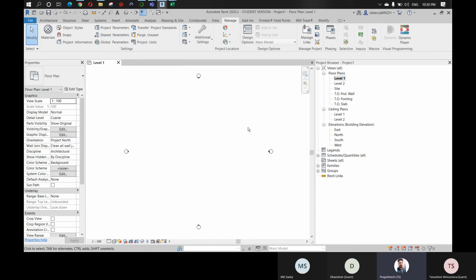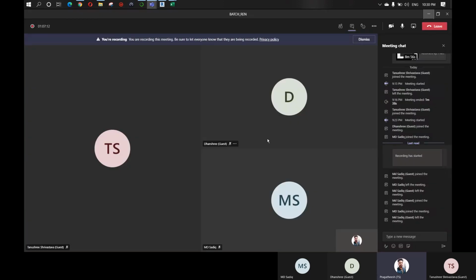Like this, there are many things. For example, if you want to rotate some particular item. Imagine you want to rotate some item by 45 degrees from its center point. You cannot do this by going and rotating the elements manually, clicking rotate, rotate, rotate for each and every element. That will take a lot of right clicks and left clicks, right? But with the help of Dynamo, you can automate this. So there are lots of things that can be done using Dynamo. Next time you're working, pay attention to the things that you are doing again and again, which take you a lot of time. Those kinds of tasks can be automated.